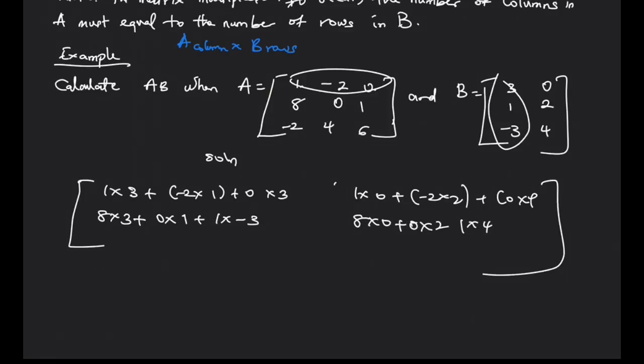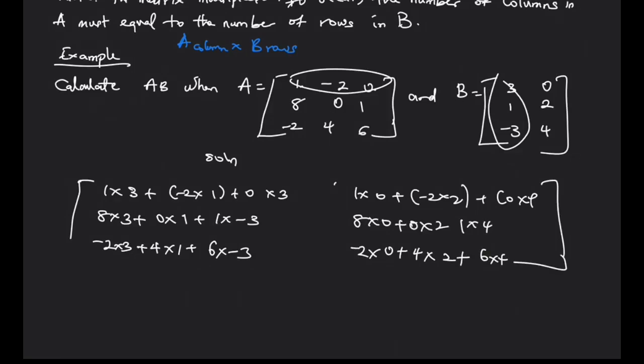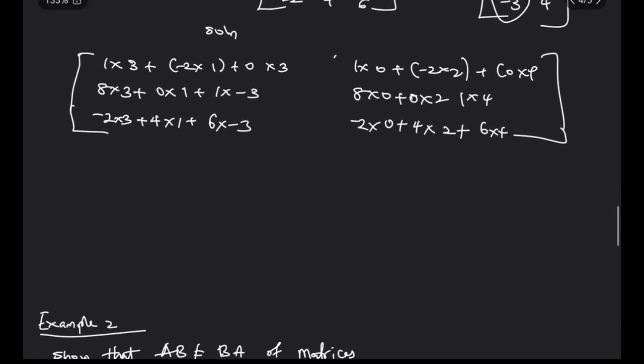So we have minus 2 times 3 plus 4 times 1 plus 6 times minus 3. Then the other part now, that is minus 2 times 0 plus 4 times 2 plus 6 times 4. So we can now actually do them now. And that is going to give us